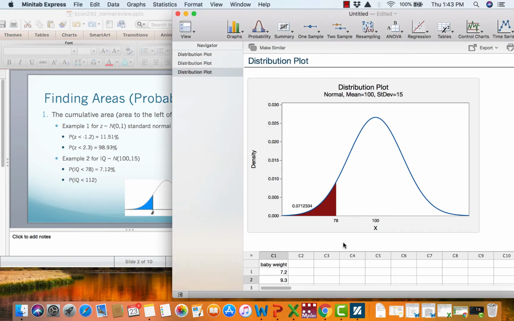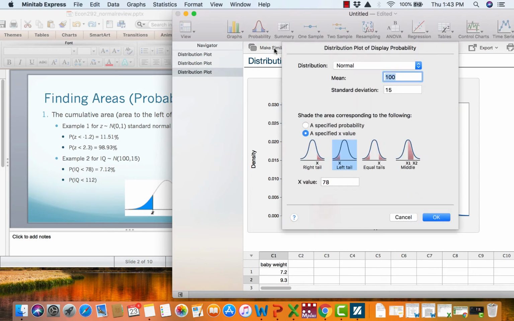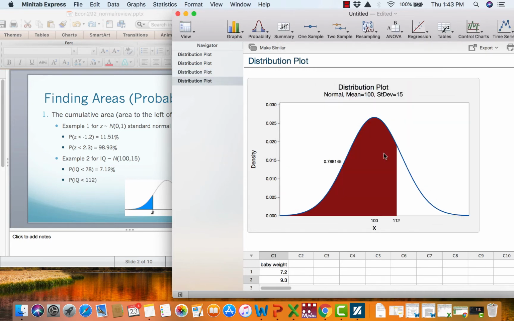All right, let's do the same thing, but now with an IQ less than 112. So we can go into make similar. Mean and standard deviation stay the same. We're given an IQ. We want less than that IQ, but the IQ changes to 112. All right, and again, we would see our picture with everything shaded to the left of 112, and our percent